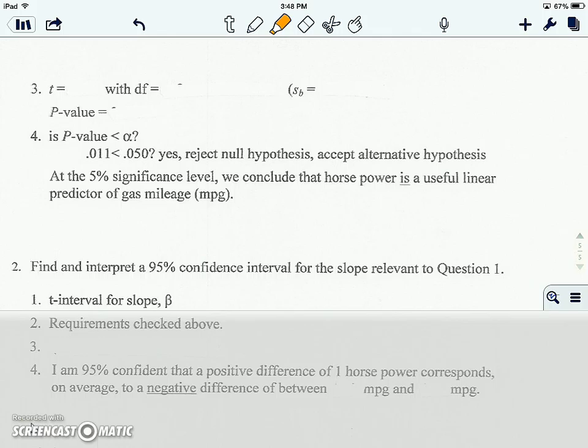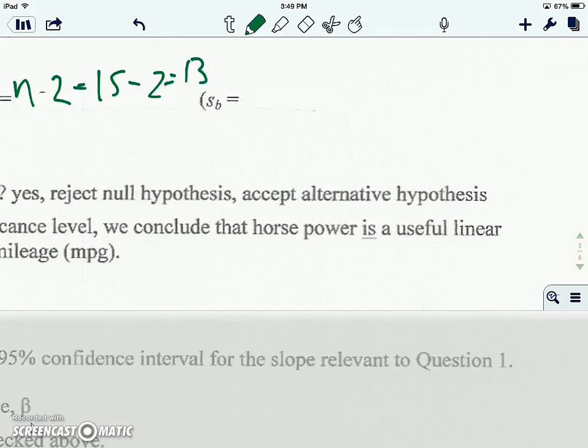Well, we need to find our critical value. And in order to do that, we need our degrees of freedom, which is n minus 2. Or in this case, we had 15 cars minus 2, so it's 13. We also need our standard error. And our standard error, or SB, it's also standard error of B, okay, is our slope, negative 0.0694, divided by our t-value, which I happen to know is negative 2.98, but let me show you how to